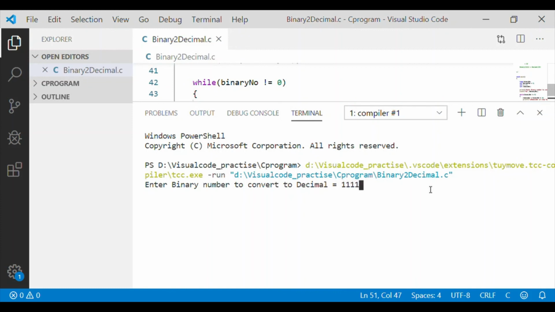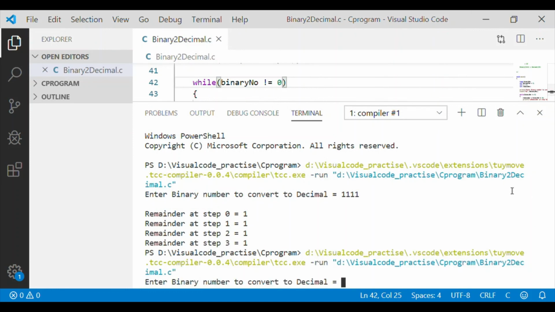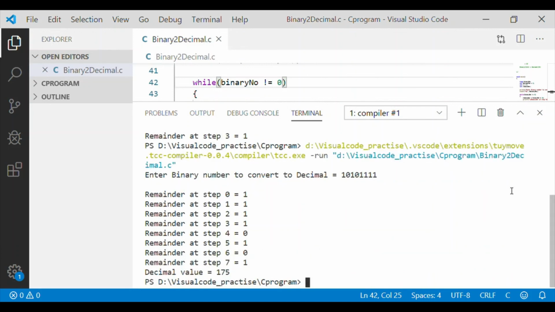Again, on executing this code, I'll provide 4 ones and the equivalent decimal is 15. So it is correctly converting the binary to decimal. Let me also provide some little bigger digits of binary, 10101111, and the equivalent decimal value is 175. So our program, C program